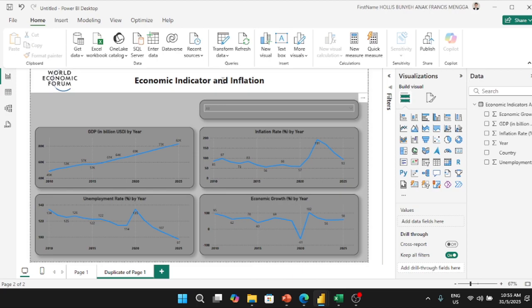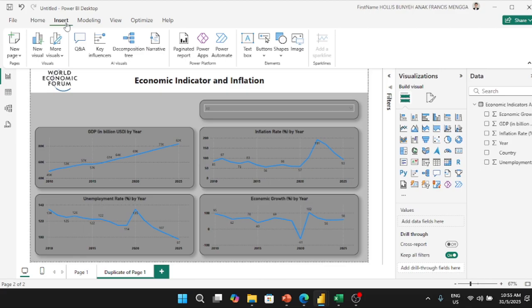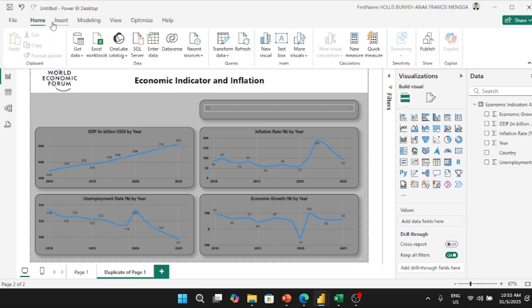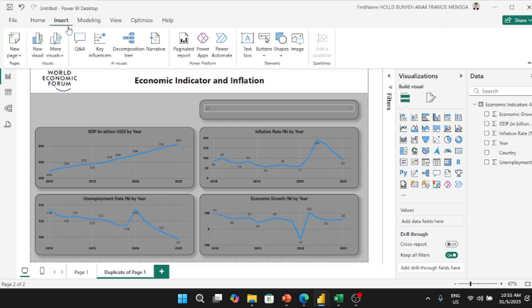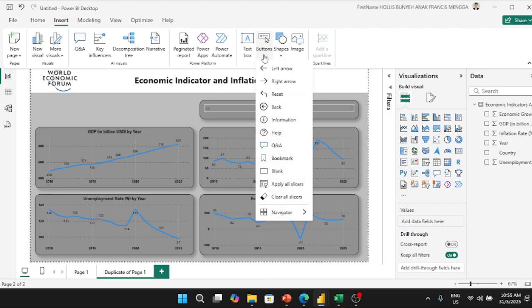Now I can do a button. So for the button, you just press insert over here. Okay. On top of there, you can go to insert and then button. So you can see a lot of button functions: you can do left arrow, right arrow, reset. Reset means that, for example, if you filter multiple data, you don't want to unfilter back, you just press reset. Okay. And then information,